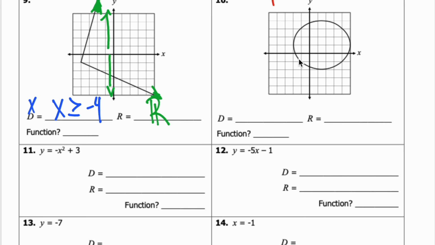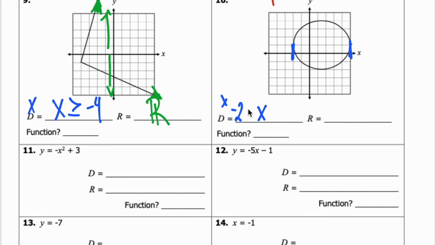Okay, well, the domain, remember, is asking for the x values. So if I look at my x values, how far left is the circle going and how far right is it going? Well, if I look here, the furthest to the left it's going is right here at -2, and the furthest to the right it's going is at +5. So then I would say that my domain, this is now an and inequality. You guys remember and inequalities, right? Our domain is going to be